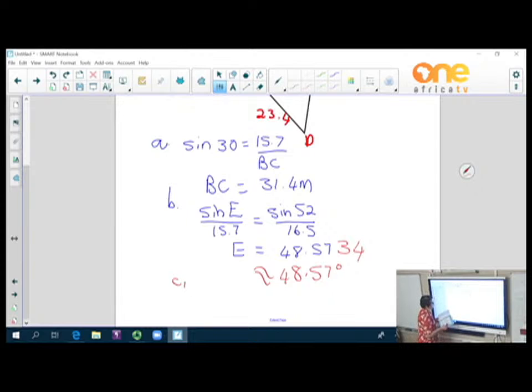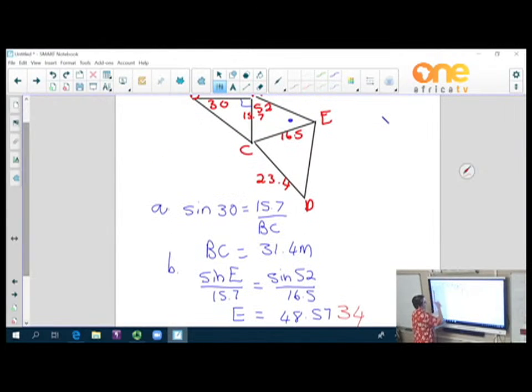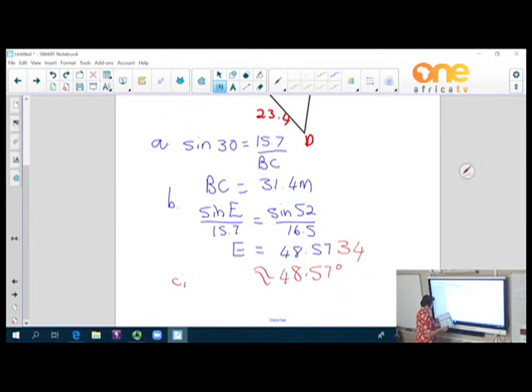Show that angle ECD is 40.6. Now ECD means this is the angle that we want to calculate. This is now not a right angle triangle. So, show that the angle is 40.6 correct to one decimal place. Number C1. Right, so to get that angle, it is in a triangle, so it will then be